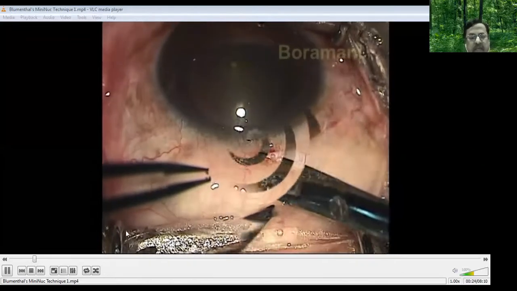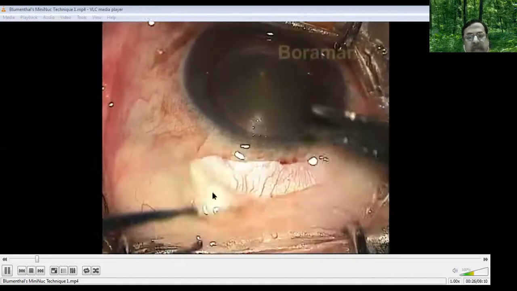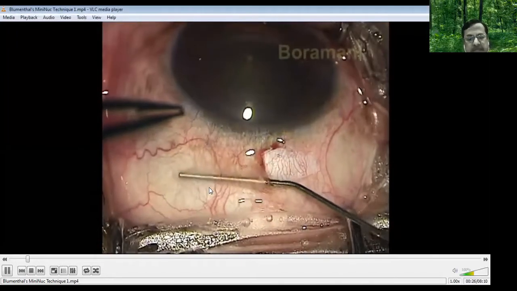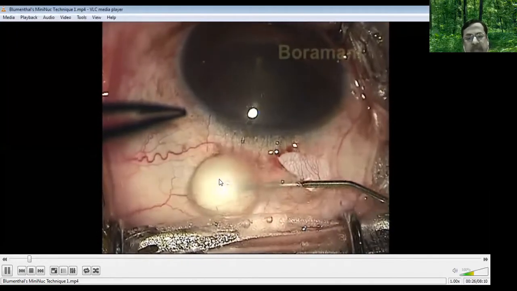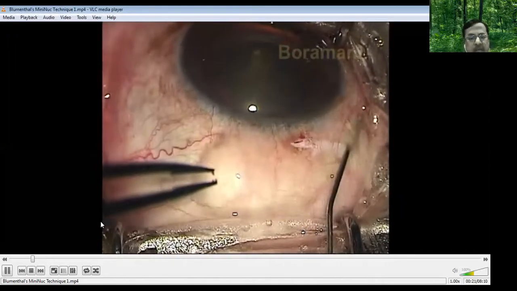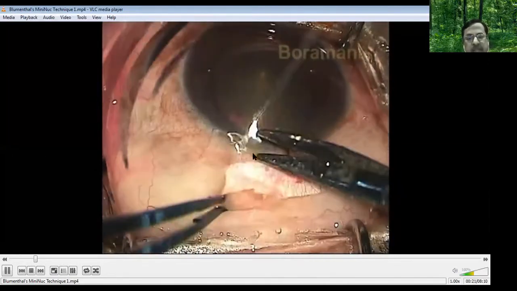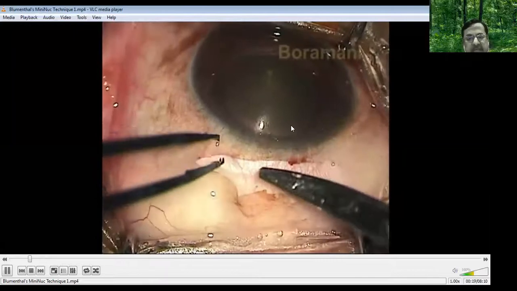We can see. Yeah. So once the initial dissection of the conjunctiva is done, what happened? I push some fluid inside the conjunctiva. Either you can use the anesthetic if you want a subconjunctival injection of the anesthetic, or you can put BSS. Generally, I do all my surgeries under topical anesthesia. So I put BSS. Sometimes if I feel that the patient has some pain, I push the fluid.